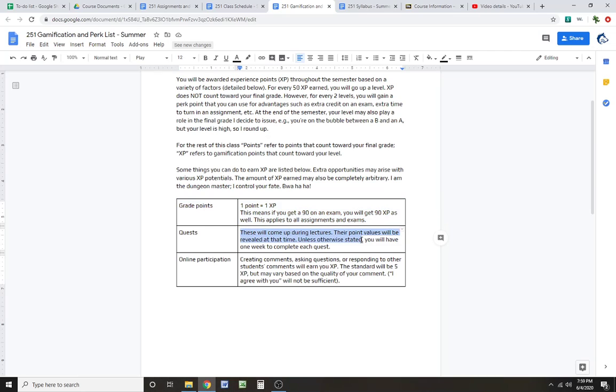Easy. Quests. These will come up during lecture. Their point values will be revealed at that time. Unless otherwise stated, you will have 1 week to complete each quest. Quests are just little areas where I would like you to go get more